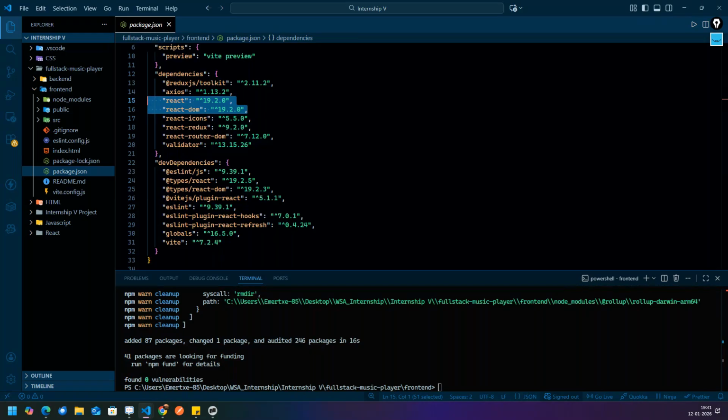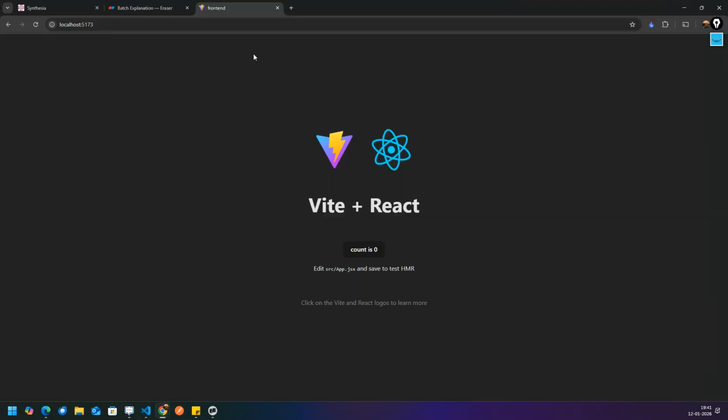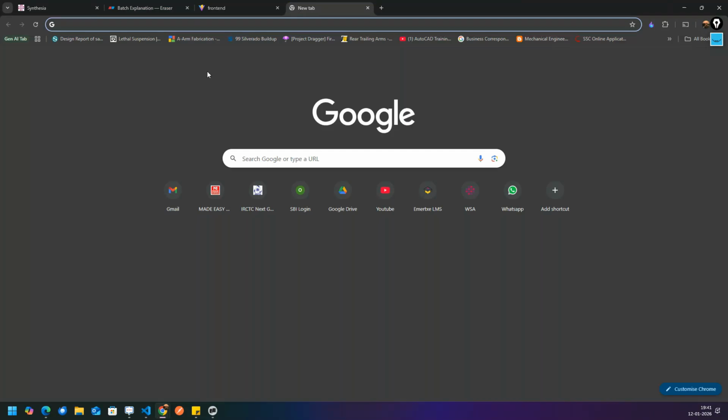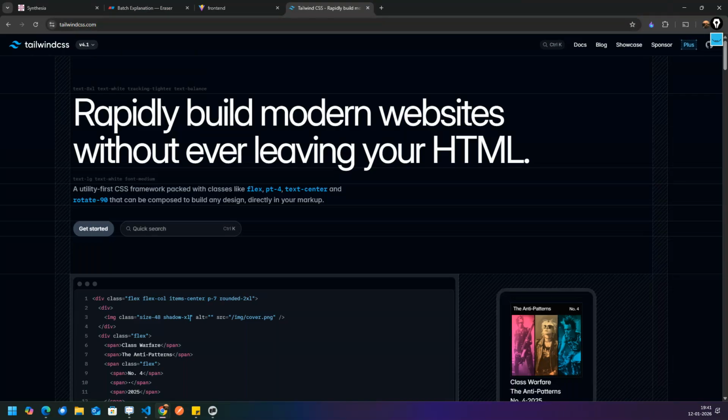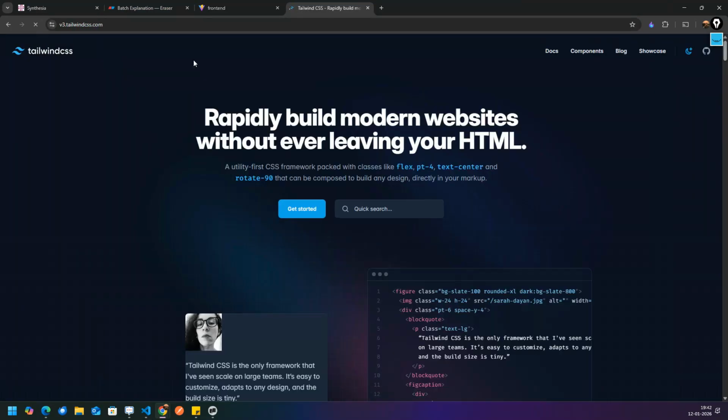Yes, this is the first lecture of the front end. That's why we are doing installations and such. Now let's go for Tailwind CSS, guys. Installation of Tailwind CSS. We are not installing Tailwind CSS 4.1. What we are installing is Tailwind CSS 3.4, like a downgrade. Why? Because we are familiar with this, so we tend to use this.